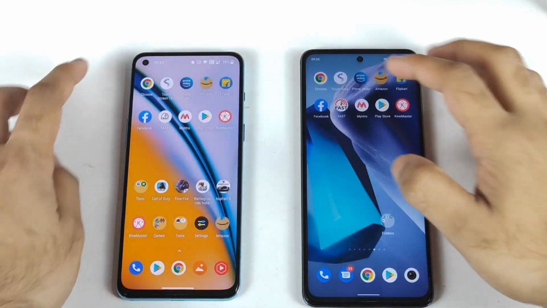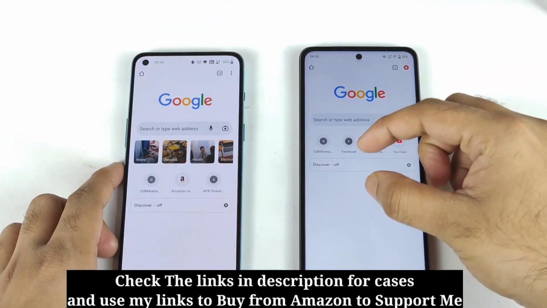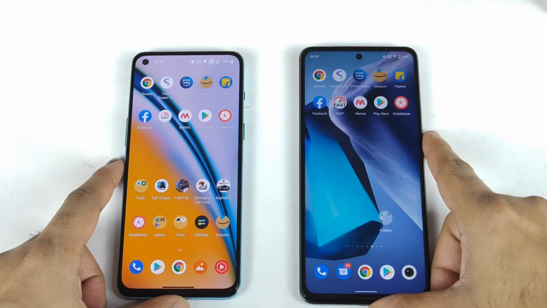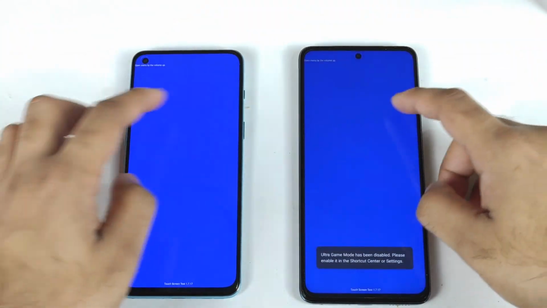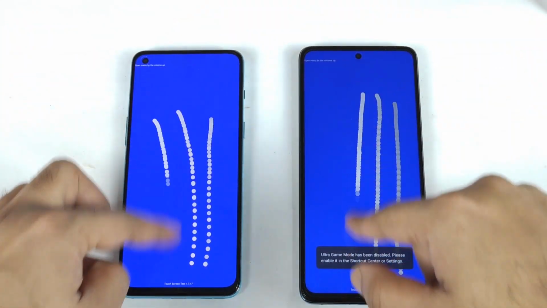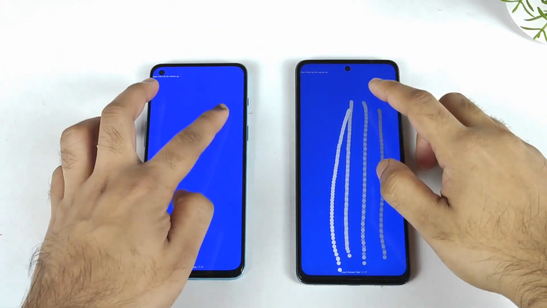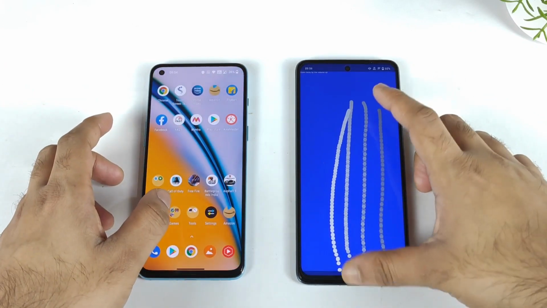Let's start with the first application, which is the Chrome application. After the Android 12 update, you can see this icon as an animation in the iQOO Z5. That might be the reason why sometimes the games and applications won't open faster. So here's another speed test, lines I'm trying to draw in this application. Let me draw some lines and keep them in the background for RAM management.